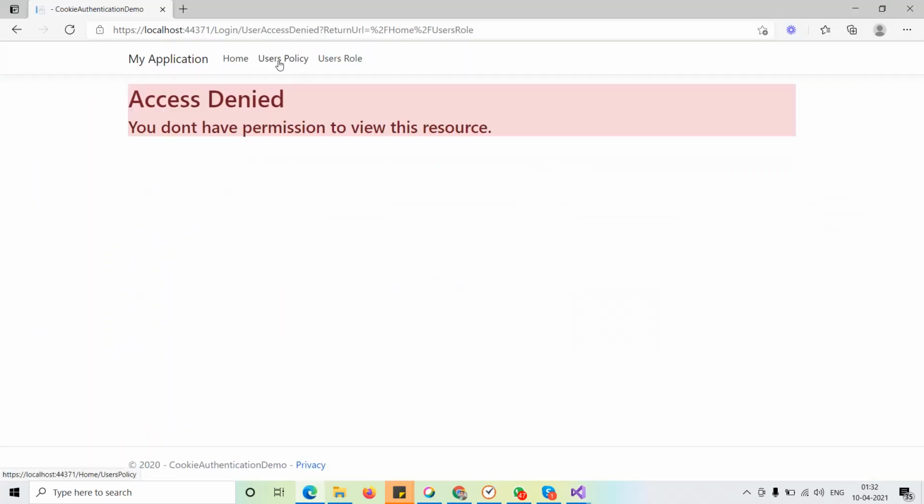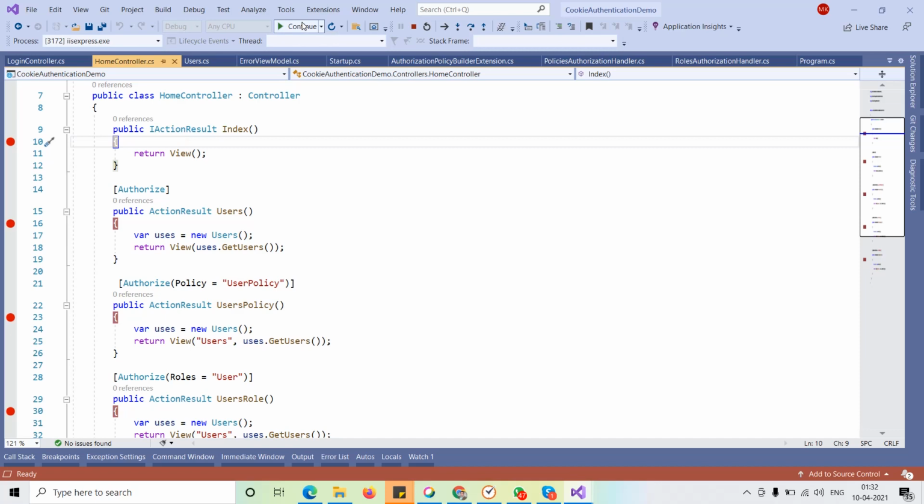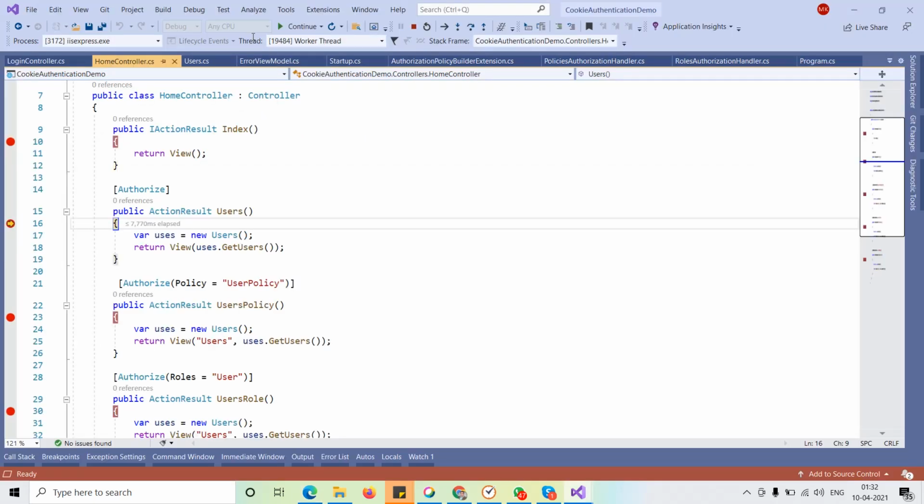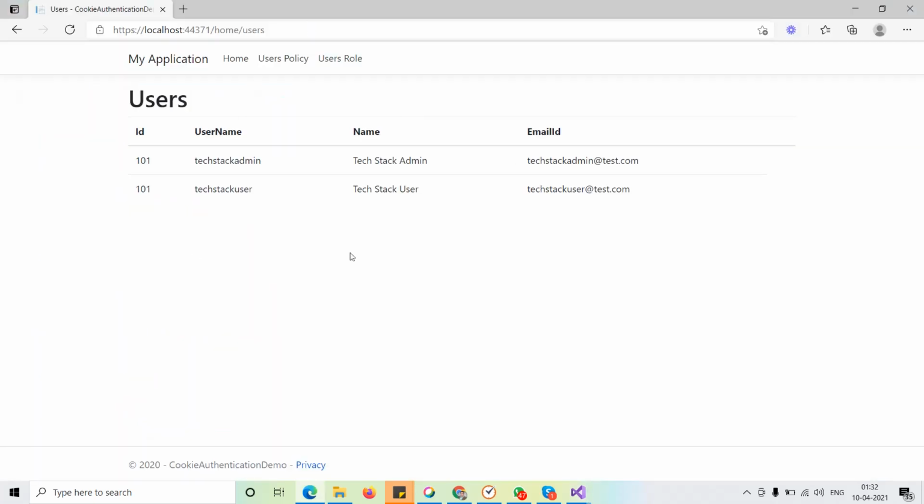So if I want to go to this particular one, I am here. Let me check the users. If I want to check the users, I will go to home, and then go to users. So yeah, you can see that this is an authorized user, and he can access the users here, and that will display the list. Yes, you can see the list here. Okay, if you are not authorized, then you cannot access this list.